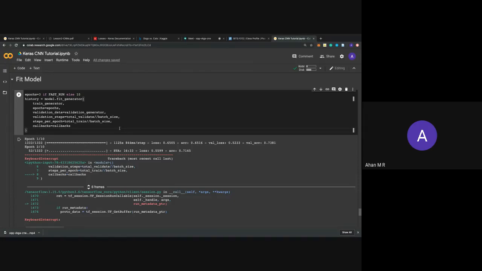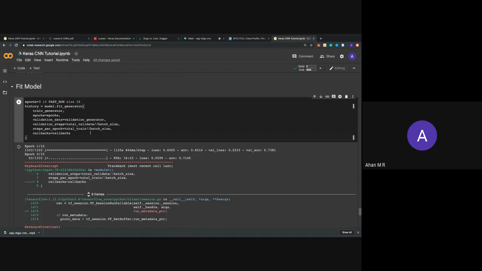After a few epochs you'll get your output, and you see that your accuracy is around 65 and validation is 73. That's good, I'm not overfitting my data. I've used so many batch normalizations, but this will fit the data on your particular network.